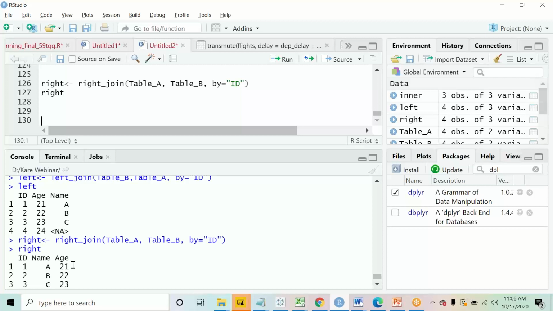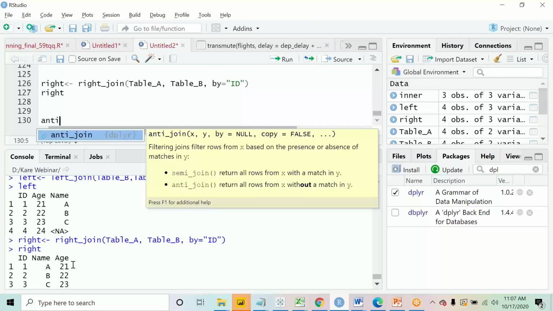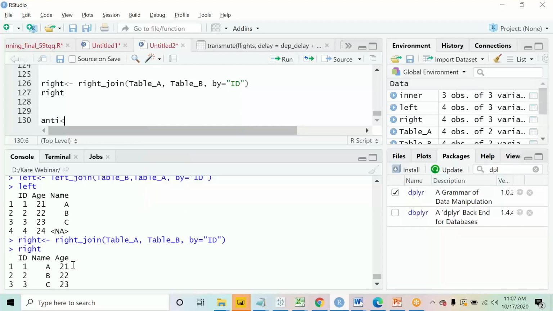Okay, so with this, let us move ahead and see the anti-join. I will create a table by the name anti and use anti join. What does anti-join give? I'll pick someone randomly to answer, so let's ask Swaroop. Swaroop, what will be the output that I'll get if I use the anti-join? It's 5D.